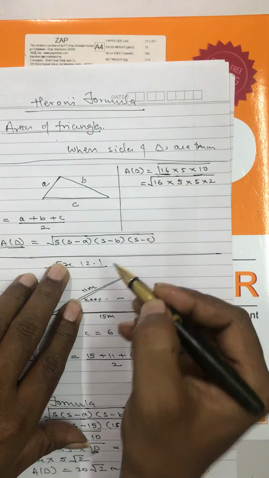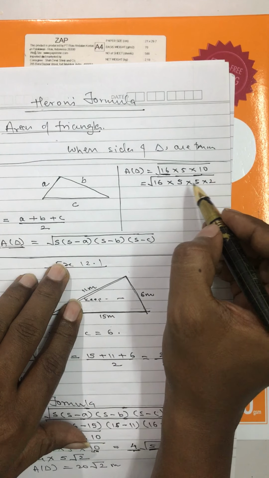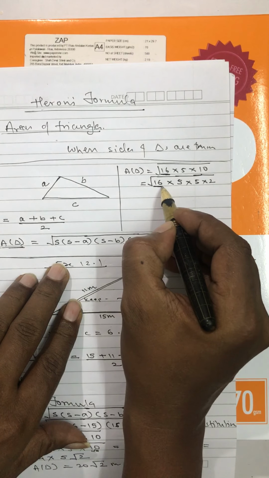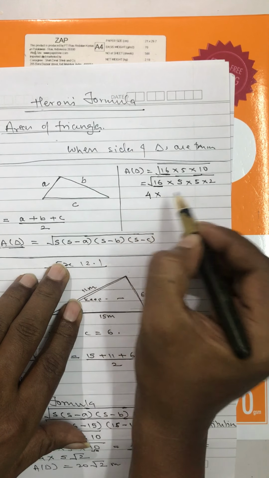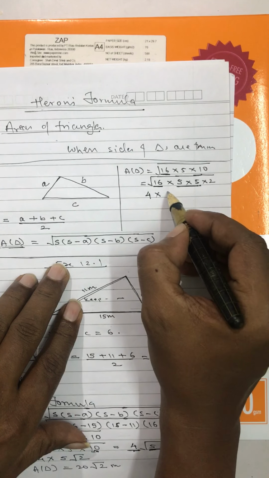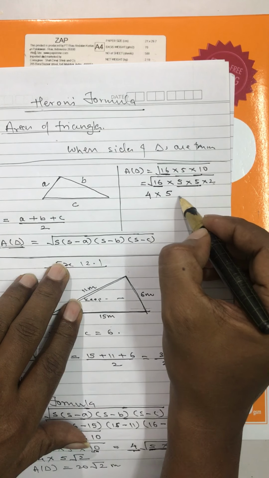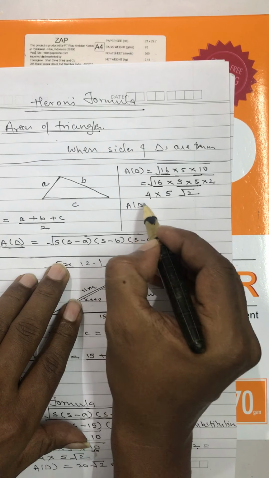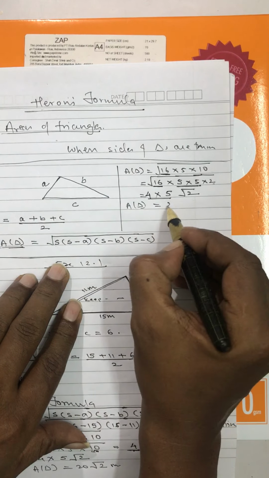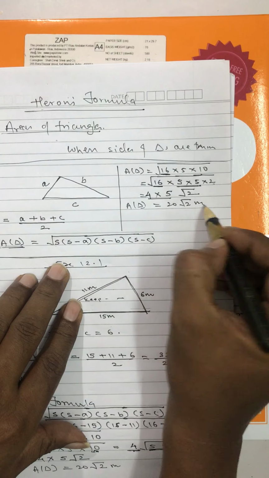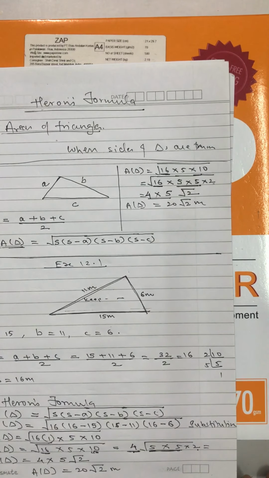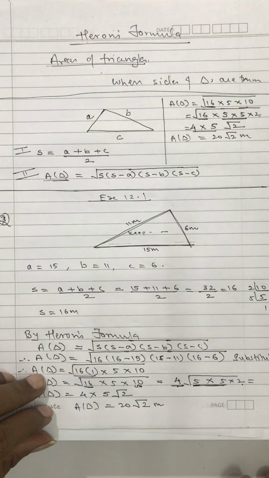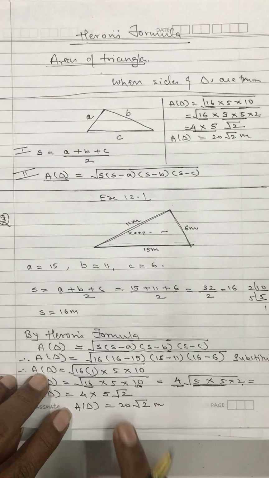Multiplication is same. Now whosever pairs you can make, those go outside. 16 goes outside because the square root is known. 5 is making a pair, so that becomes 1 and goes outside. 2 does not have a pair, that's why it remains inside. So area of triangle will be equal to 4 5s are 20 root 2 meter. This is the way of finding the square root. I hope you all are getting this. You can find it in any way. Okay. But this is the area of triangle.